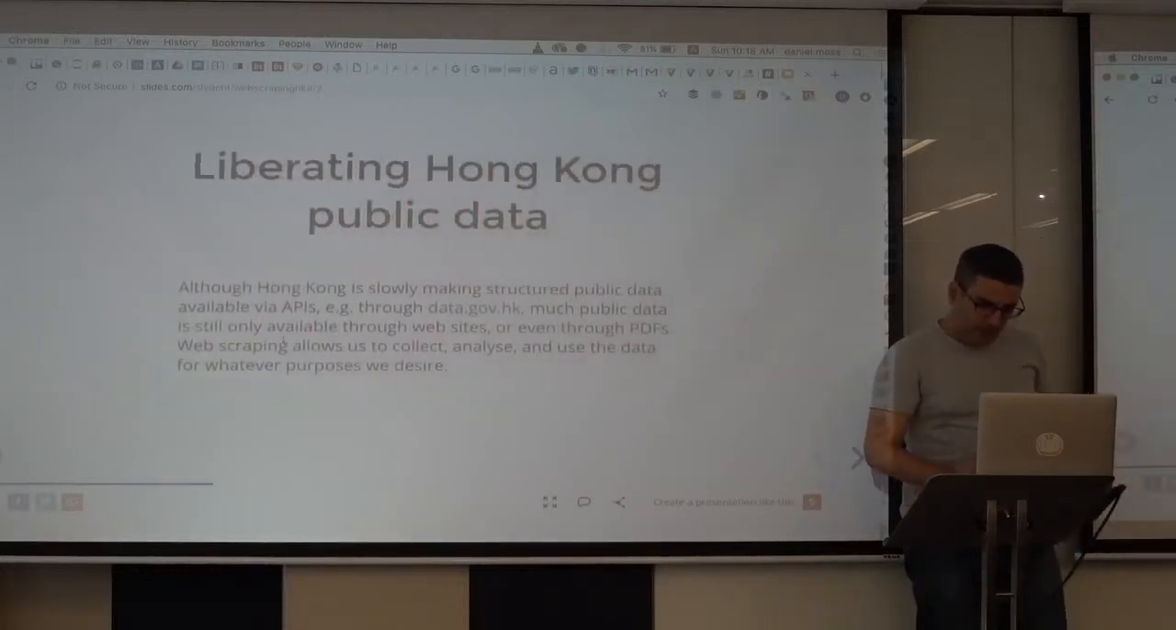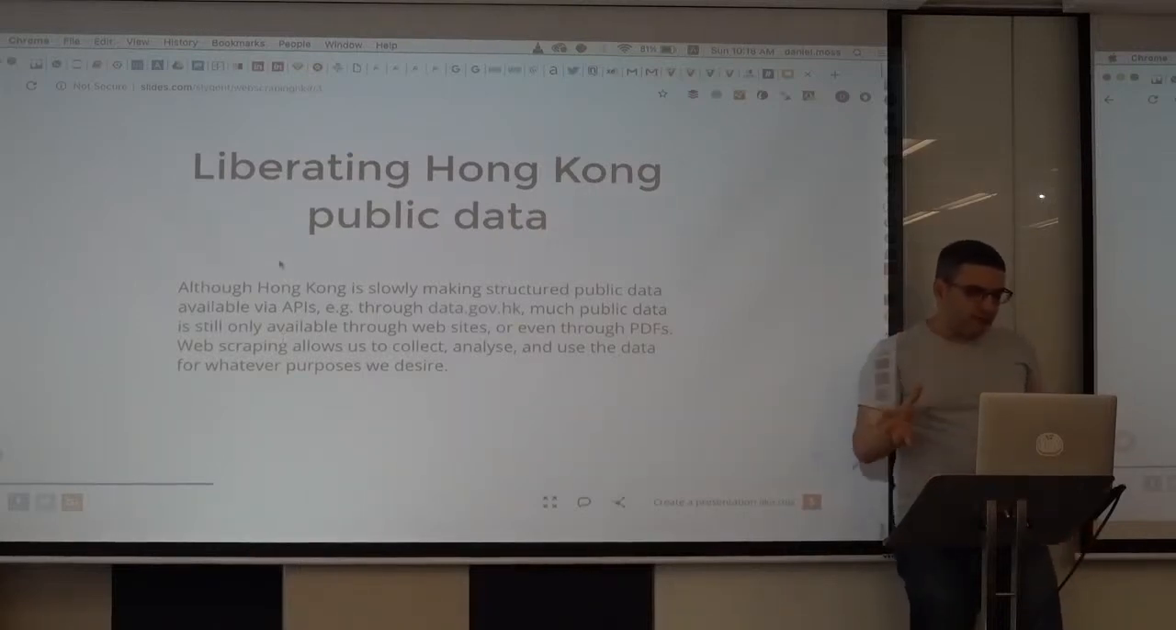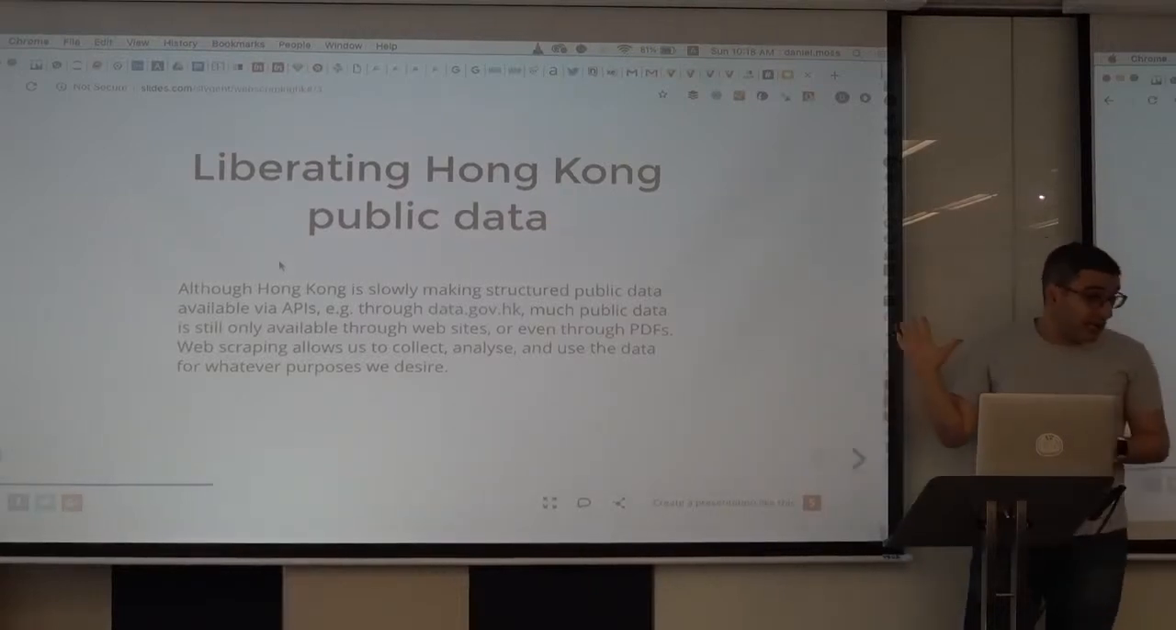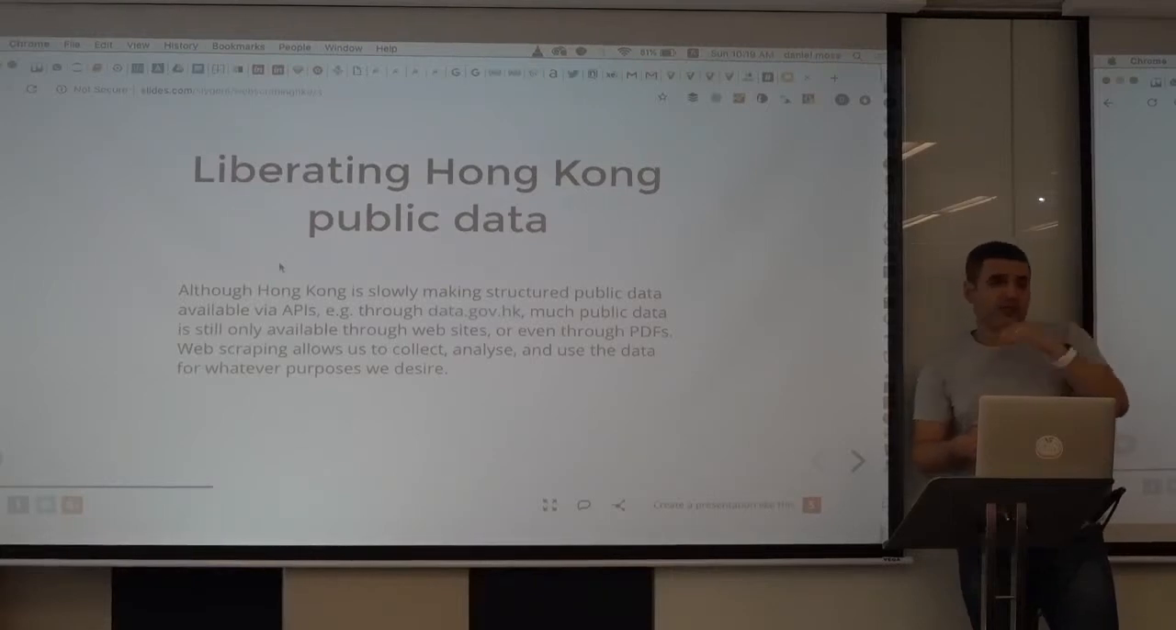Okay, so on the liberating side, what do I mean there? Hong Kong is a little bit behind in making structured public data, open data, available. It's a little bit slow in that regard. You do have data.gov.hk. I don't know if you know about this. This is the government's attempt to release data. It's doing so slowly, and how do I put it? The more you particularly want a data set to be on there,